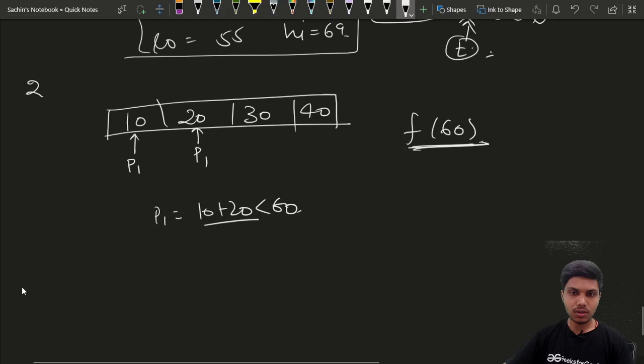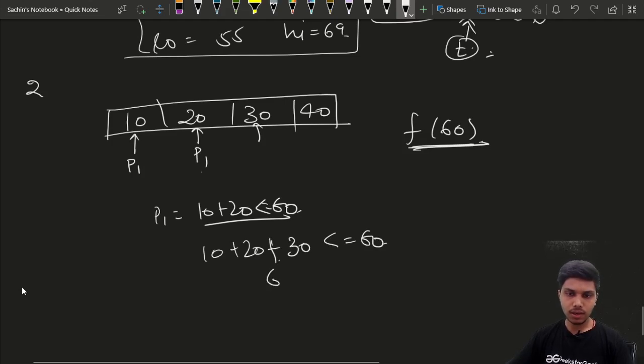Now it will try to assign the third board to our previous painter only. Here we can see that our first painter can paint all these 3 boards in less than or equal to 60 units of time, that is basically 60 units of time. So we will assign the third board to the first painter only.